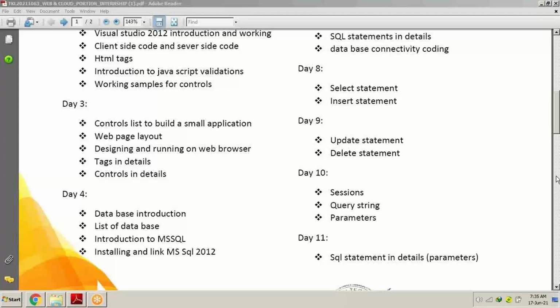So I would like to ask whether anybody has any question or query regarding the yesterday session or the session the day before, or has not understood any topic or term.